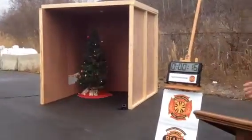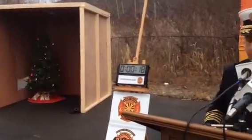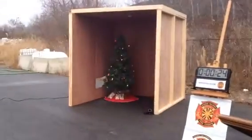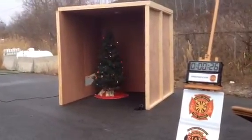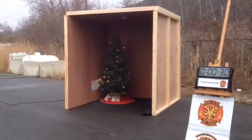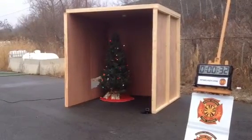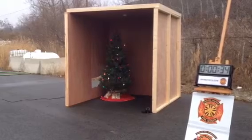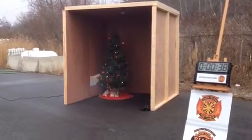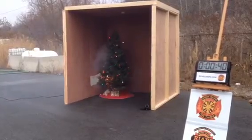Right now, due to the moisture and the heavy air, we got fire at the base of the tree, and as you can see, you can hear it crackling. As a matter of fact, that's one of the ways that firefighters are able to locate a fire. You hear this sound. As you can see, we're only 32 seconds into it, and the bottom source of the fire is already extended to the bottom packages at the bottom of the tree, and the bottom skirt, which is